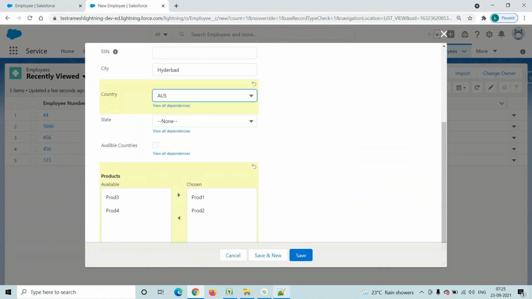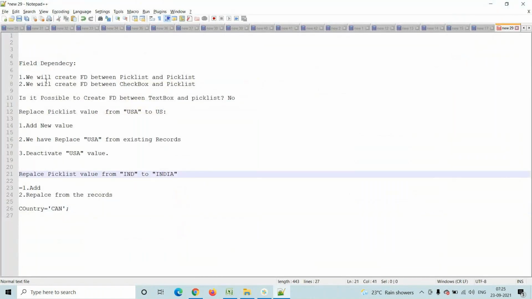Up to now, the concepts we discussed, field dependency, replace values, new, every concept, are all applicable to multi pick list also, not only pick list. We can create field dependency between multi pick list and pick list, like checkbox and pick list, checkbox and multi pick list.